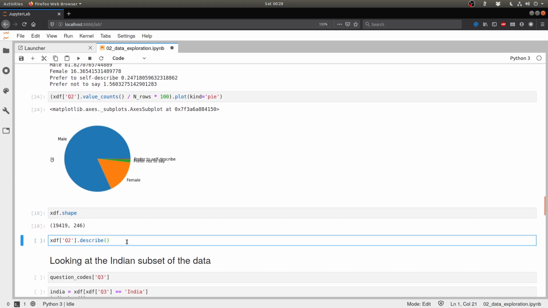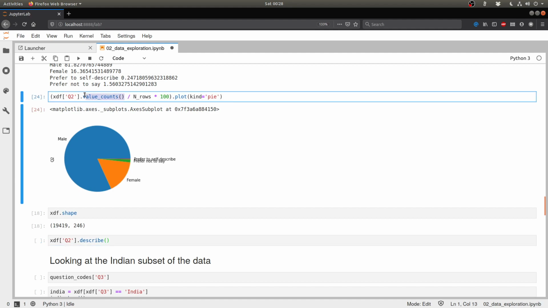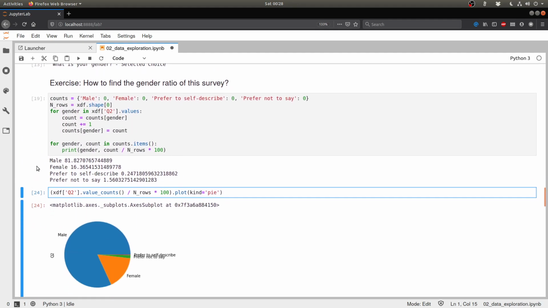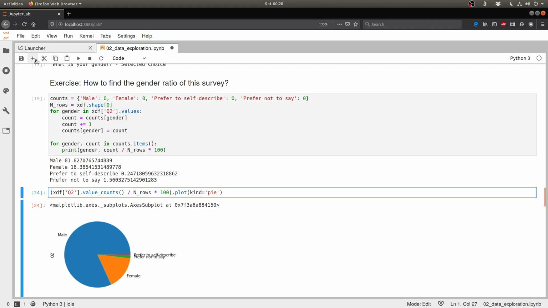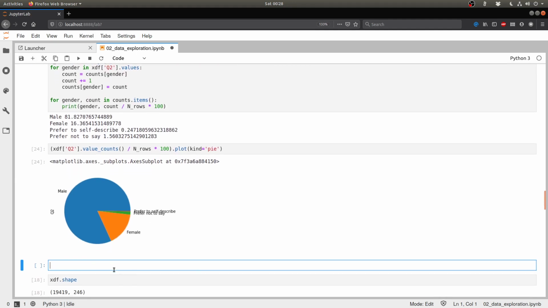So there it is. One easy way to look at different unique values and to summarize them is by looking at how many times each value occurs and converting it into percentages. However, this only works if the number of unique values is very small. Remember that we had only 4 unique values here in about 19,000 rows. If we had something like 5,000 unique values in 19,000 rows, then this pie chart would have looked like it has too many spokes. So we don't want that either. So make sure that before you start doing an analysis of this kind, the number of unique values that you have is fairly small.